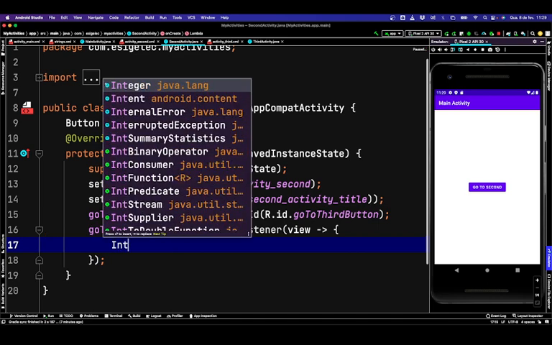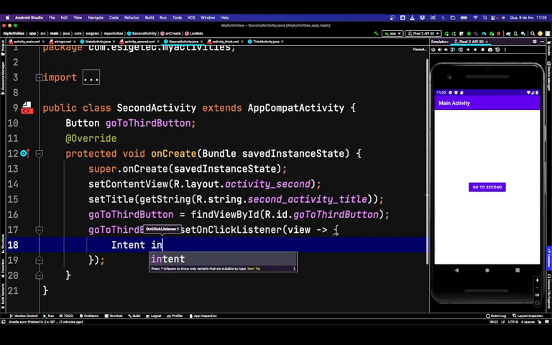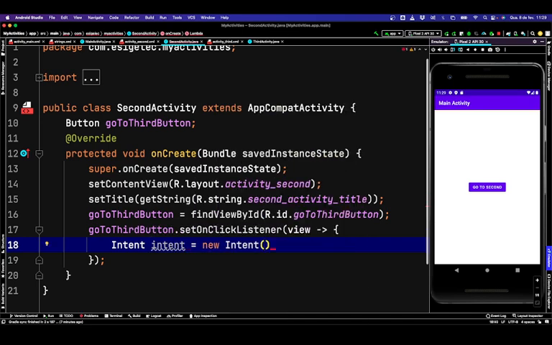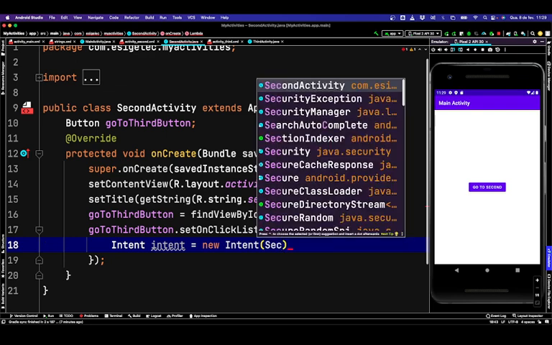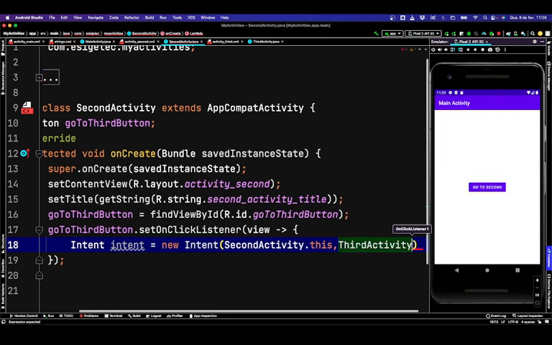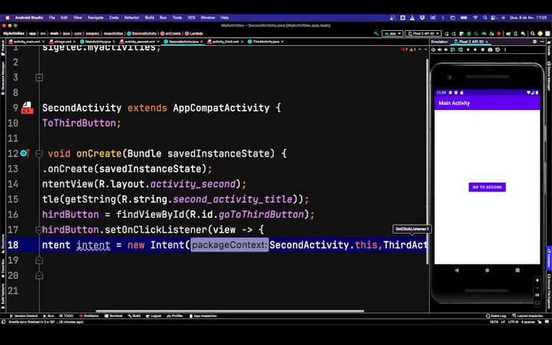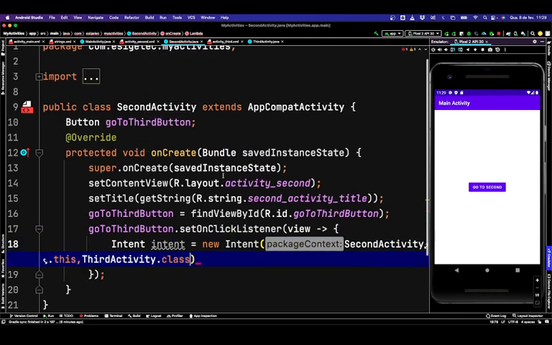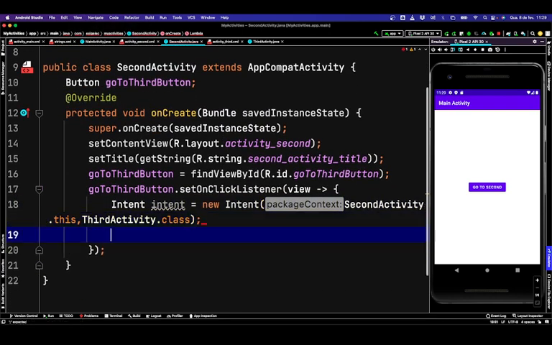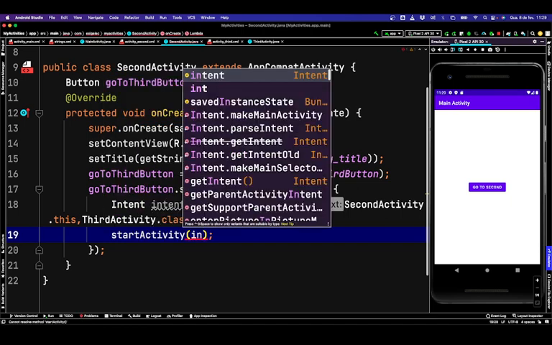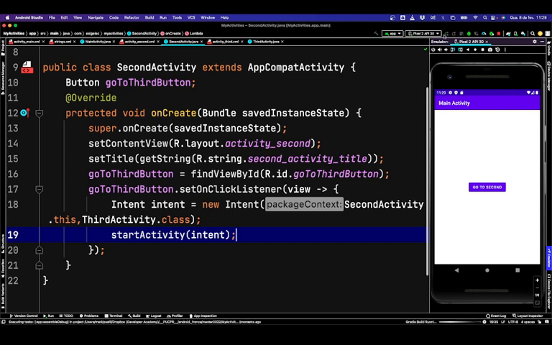You have the same code, intent, and you should say second activity dot this, and now we need to go to the third activity dot class. Then you say start activity with this intent. Now if we check this out,